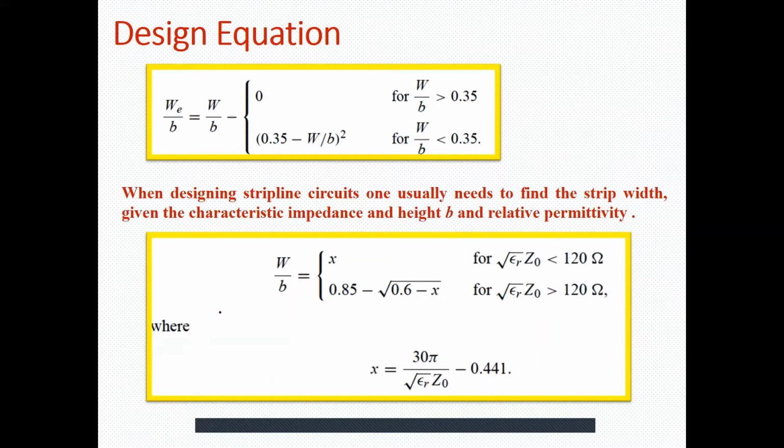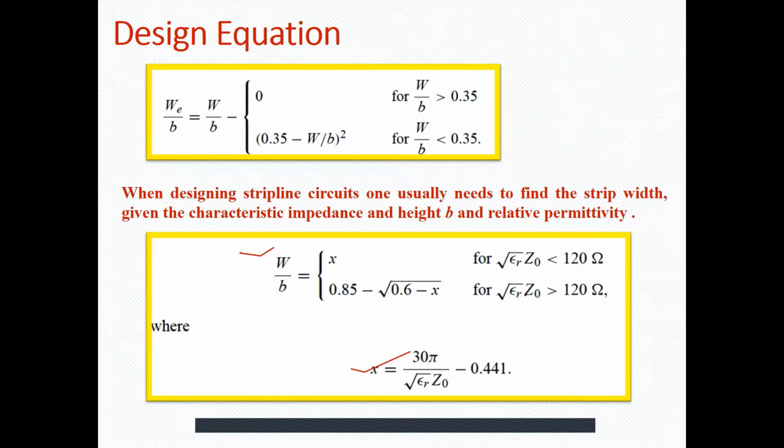Now, if we have to calculate the width of the strip line, then we will use this second formula. In this formula, we have W upon B equal to X, or 0.85 minus under root 0.6 minus X. So again, we will calculate the value of under root epsilon R into Z naught. If this value is less than 120, then W upon B will be equal to X, and the value of X is given here, that is 35 upon under root epsilon R Z naught minus 0.441.